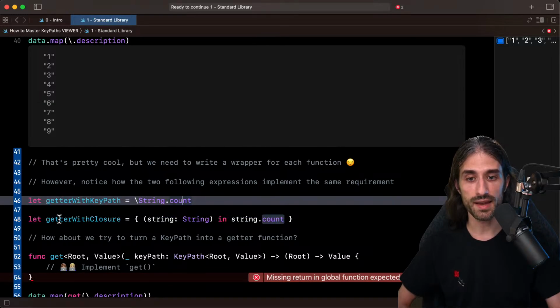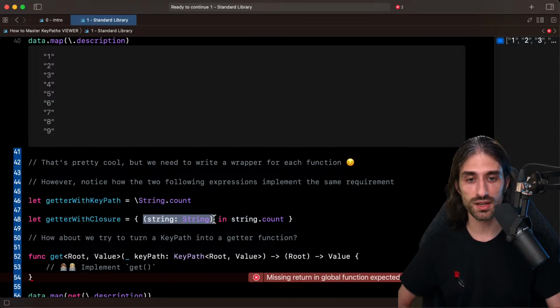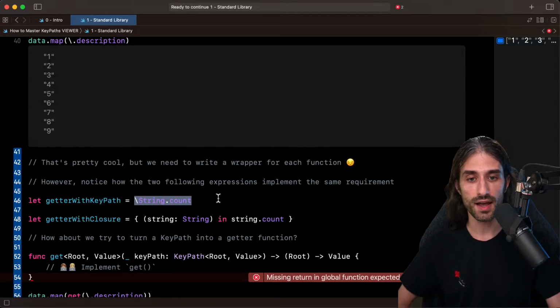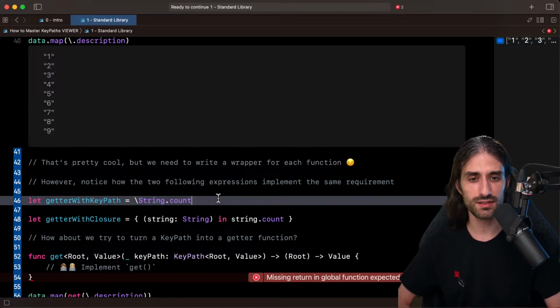For instance, here I'm implementing a getter on a string, and so I take the string as the argument, and then either I transform it or I just call a property on the string. But I can also implement the getter through a key path. And what's really important to understand is that these two syntaxes are basically two faces of the same coin, because the goal in both instances is exactly the same. We want to get a new value from an existing value. Simply, in one case, we are doing it through a closure, and in the other case, we are doing it through this new syntax, which is called a key path.